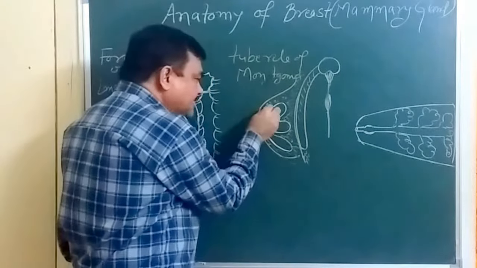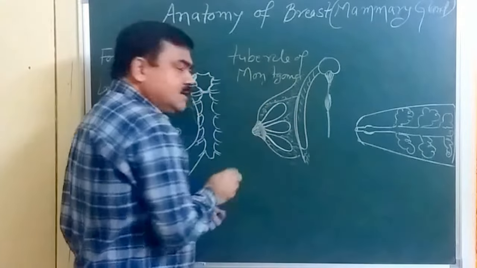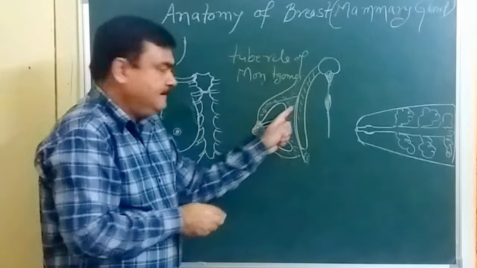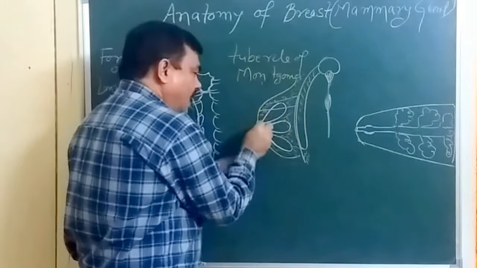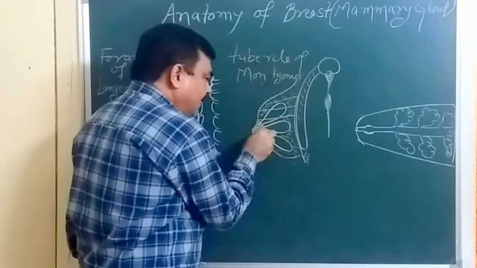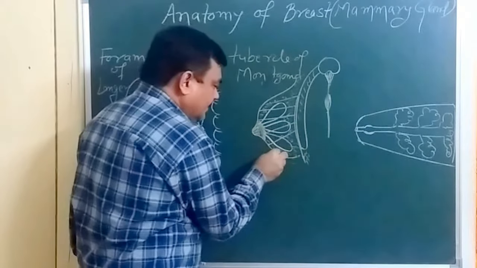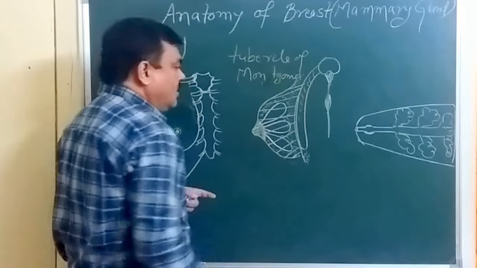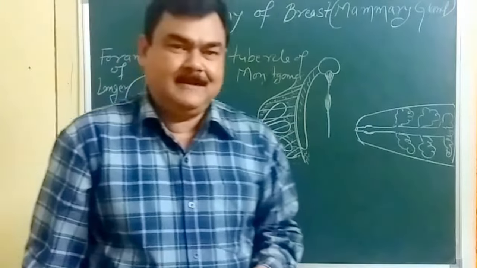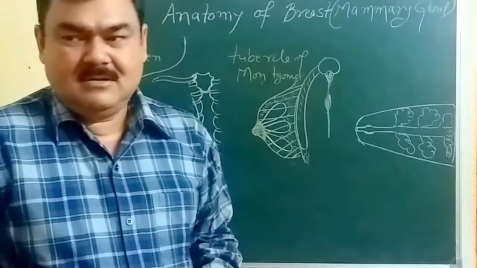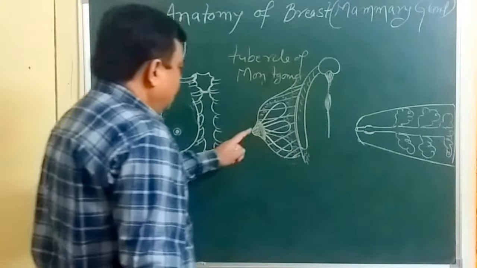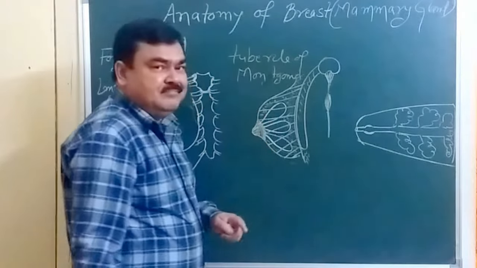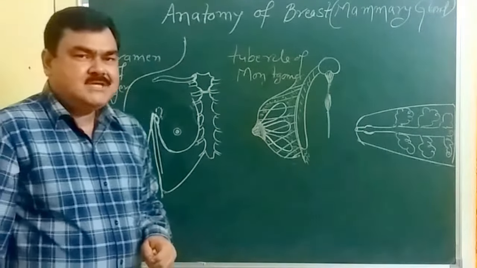And here is fibrous tissue which connects skin to pectoral fascia, and also connects duct to pectoral fascia. So these are the supporting framework known as suspensory ligament. So it forms a supporting framework, fibrofatty tissue. In case of the carcinoma,